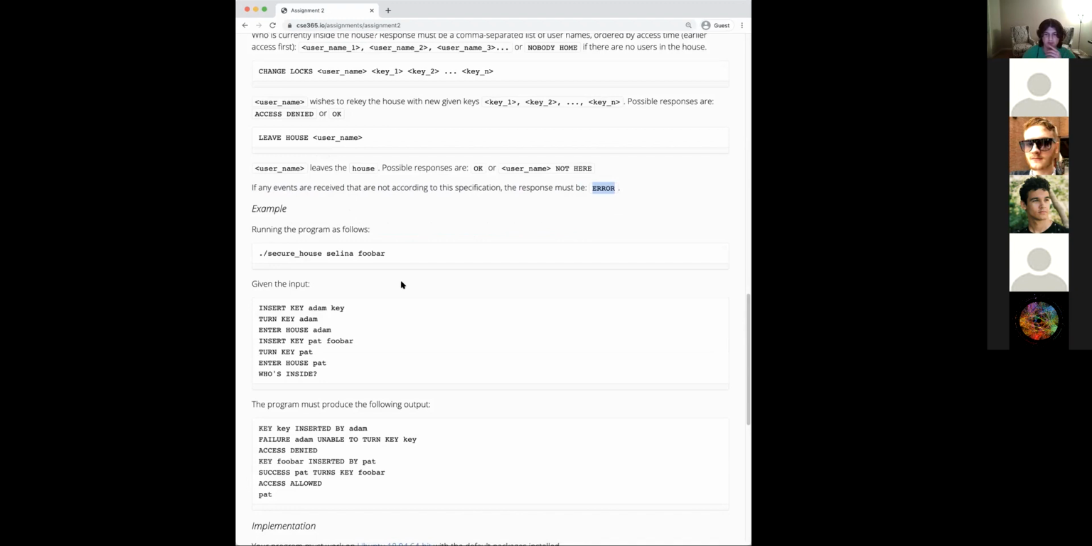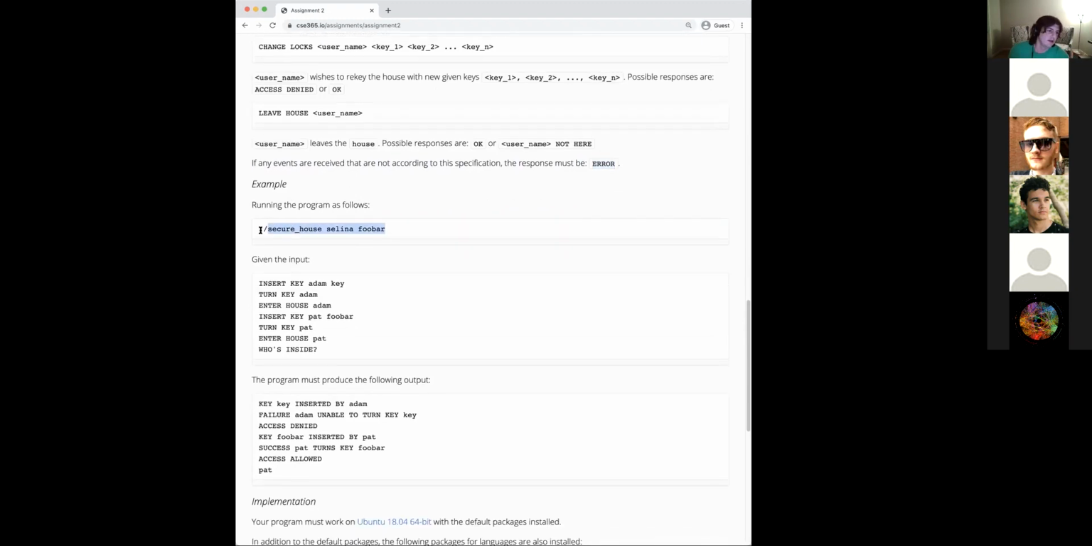Walking through this example, if we run the program as follows, /secure_house Selena foobar, then according to the spec, this means the owner of the house is named Selena, and there's only one key, and it's called foobar. So if it's given this input, if we say insert key, Adam key,